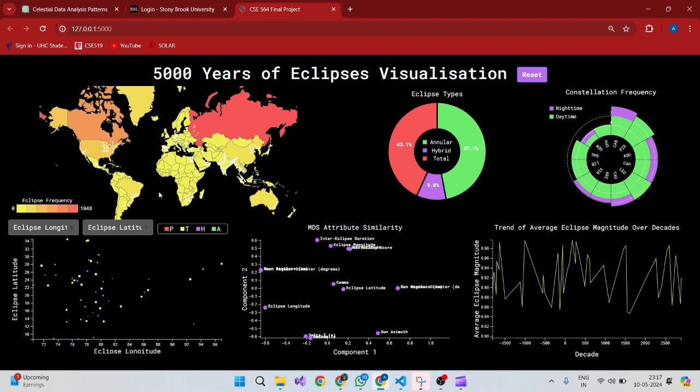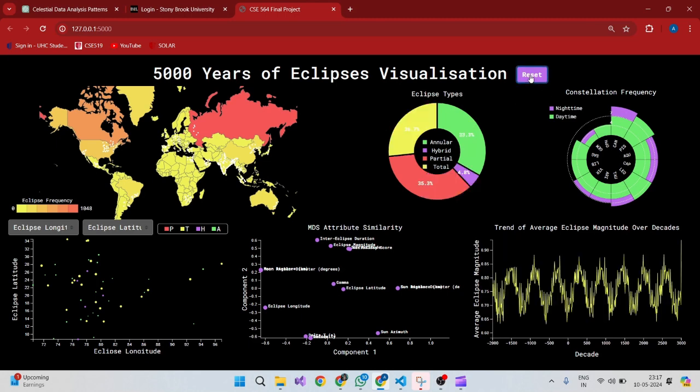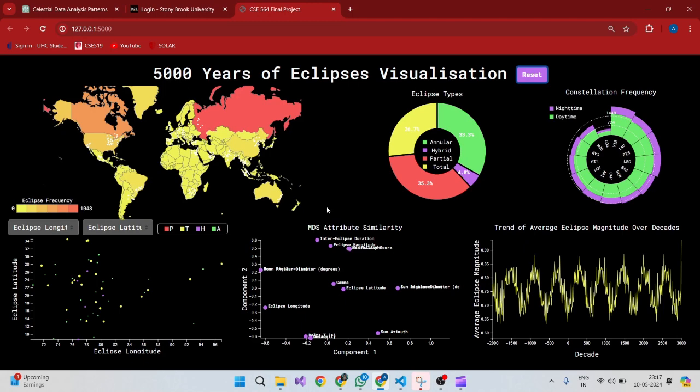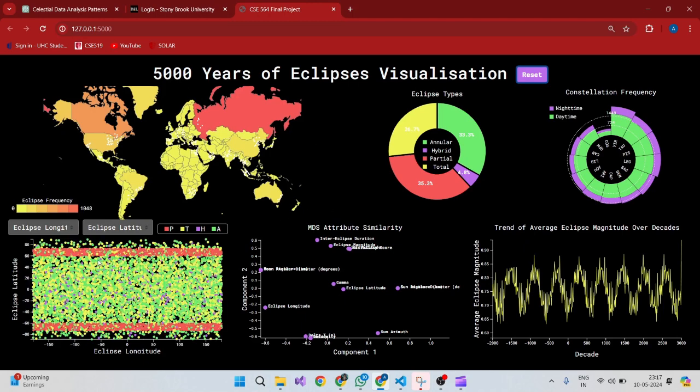of the latitudes. This happens because of the sun's obliquity and the sun being lower in the horizon in the northern and the southern poles. The moon has a higher chance of passing the sun and causing a partial eclipse. Let me reset here. And we can also see this trend displayed in the scatter plot in eclipse latitude versus eclipse longitude. The red dots are the partial eclipse, and you can see that at the latitude extremities, the partial eclipses are more common, and in between, other eclipses are distributed.